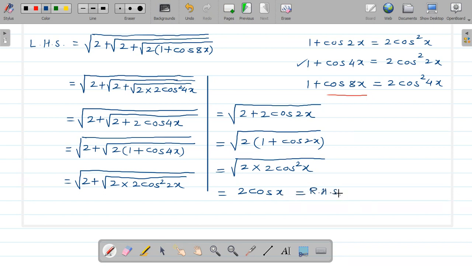Here, as we have studied the double angle formulae, where double angle converts to single angle, by that knowledge we can apply it for 4x also: 4x becomes 2x, or 8x becomes 4x. This is the concept of multiple angle. This is a very important example to understand it. Today we have completed the revision of double angle formulae, and with the help of that we have discussed the half angle formulae also. Okay, thank you.